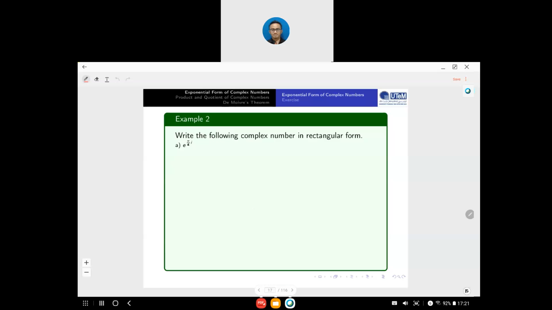Now look at example 2. Write the following complex number in rectangular form. What is rectangular form? Rectangular form means in the form a plus bi. So you must change it in terms of a plus bi. So your e to the power of pi over 4 i